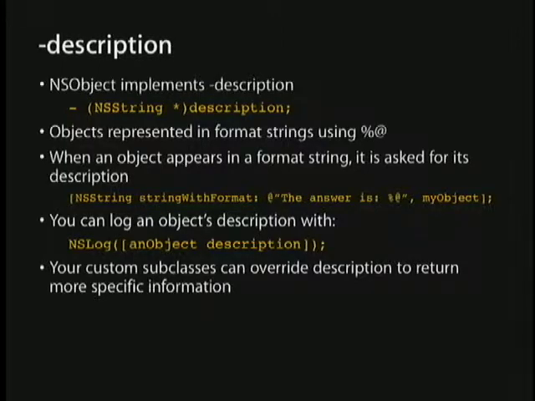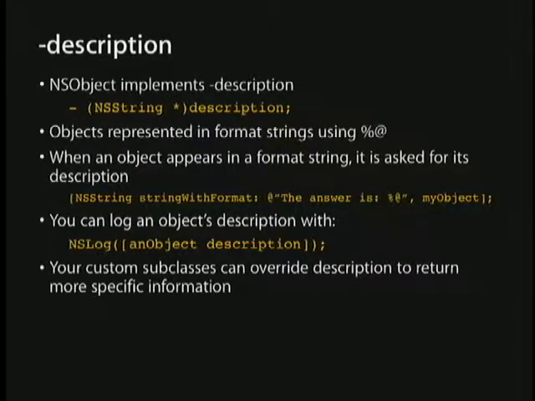So you can actually also just directly log an object's description using the NSLog function. This is going to log out to the console. If you're running in Xcode, Xcode actually has a built-in console, so you can just see the output right in Xcode of anything you NSLog. It's a pretty convenient way to just dump out some information if you've got some stuff you want to log out, and you'll see that in the assignment as well.